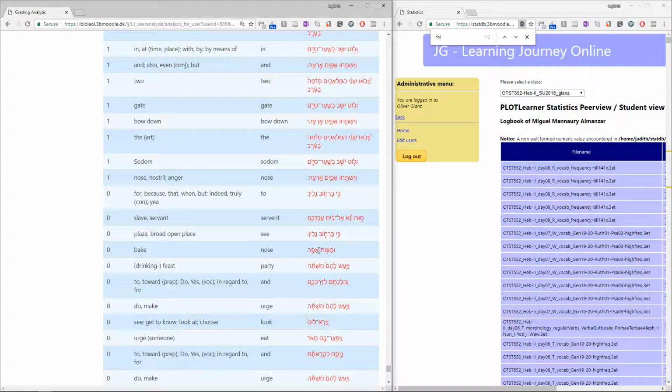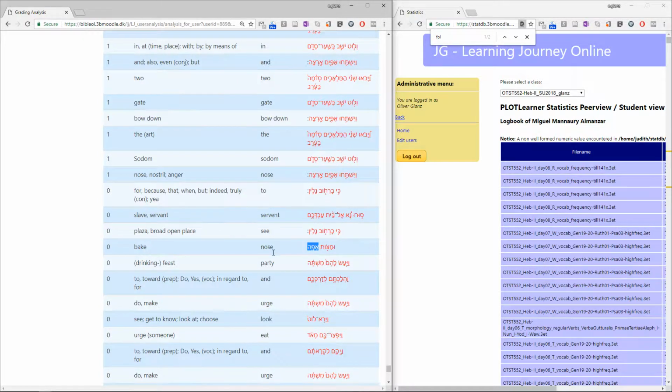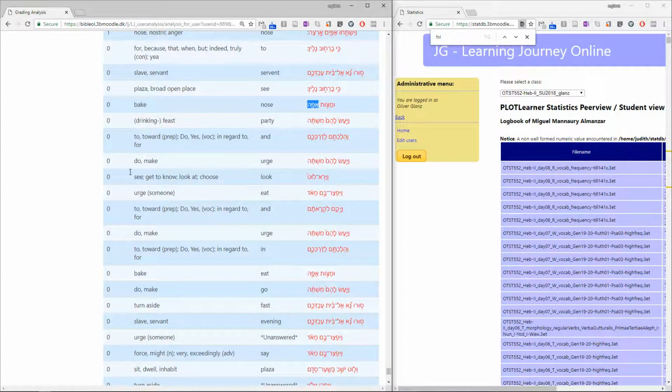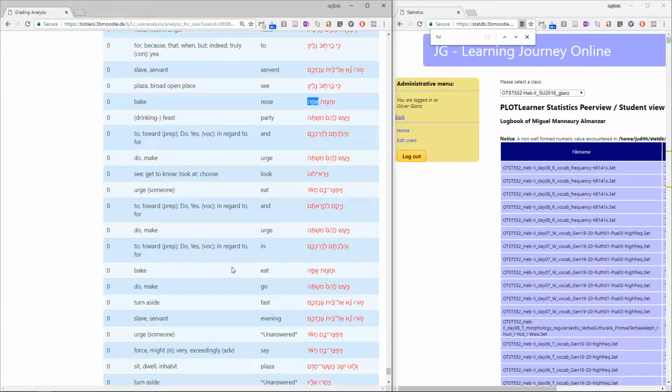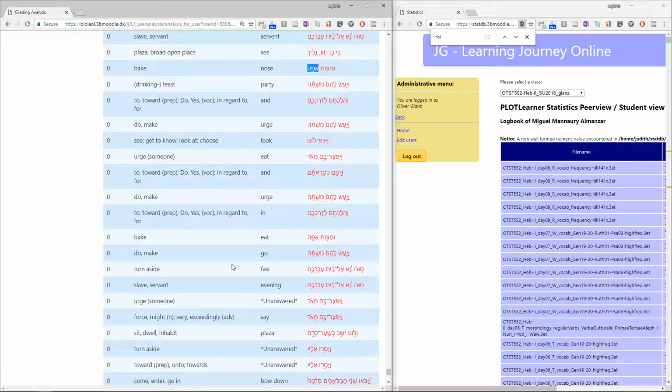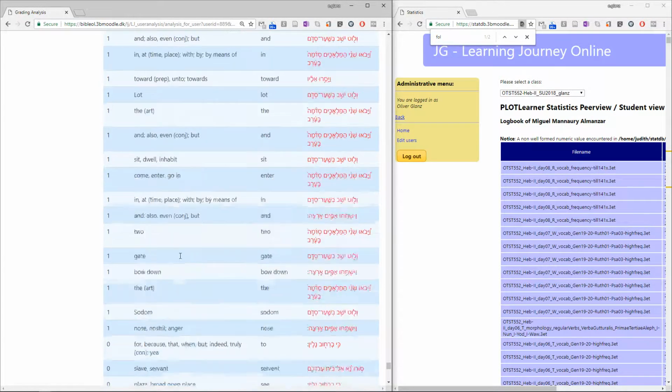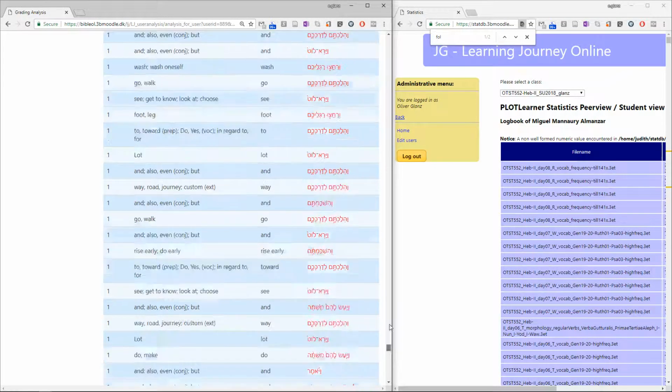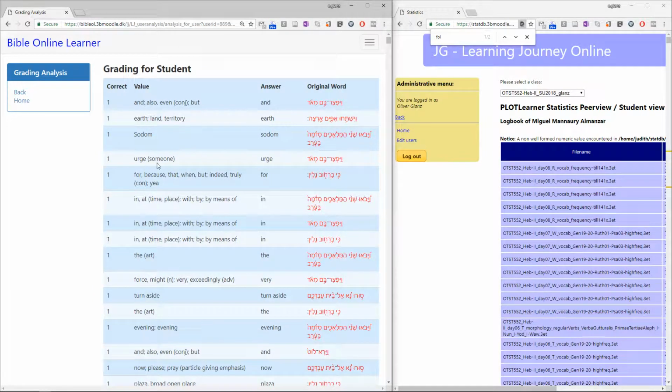So for example, afar, I think that was the word that the student saw. He should have answered bake, but he answered nose. I guess he confused it with the word af, which is nose. Or to do, it was the word asa, to do, but he answered urge. So you can really get a detailed overview of where my student is struggling, what type of answers he gives wrong, and so on. So a great way for approaching details on your student